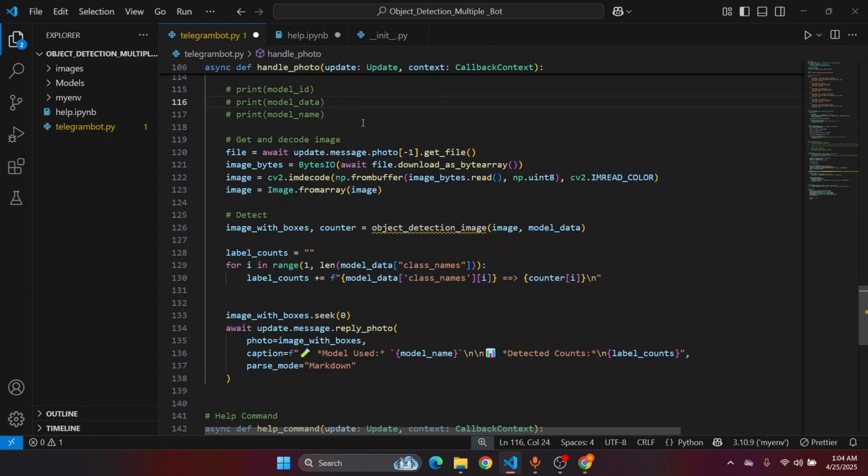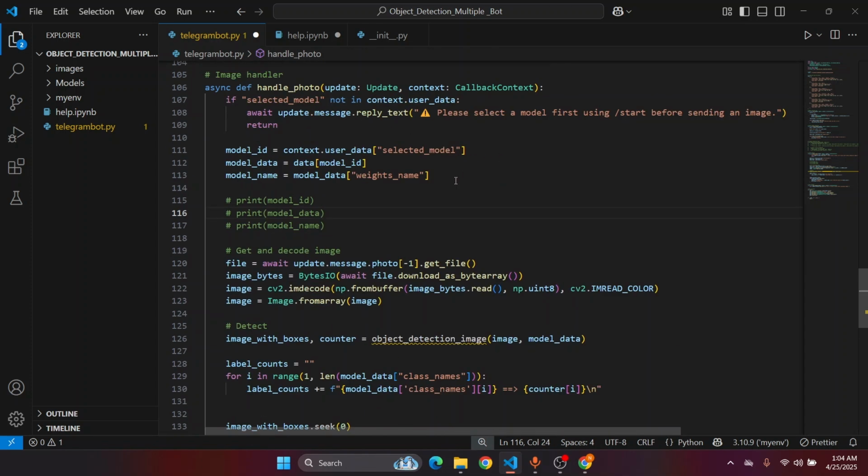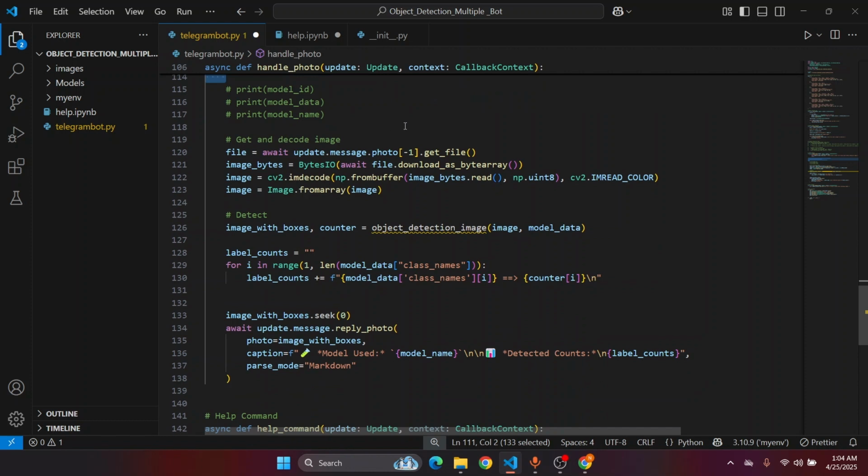So whenever the user sends the photo, first we fetch the model ID, then from the model ID we fetch the weight name. After fetching the weight name, this will happen. One thing that I want to tell you is that whenever you send a photo in a Telegram bot, Telegram generates multiple images of different resolutions. So this line